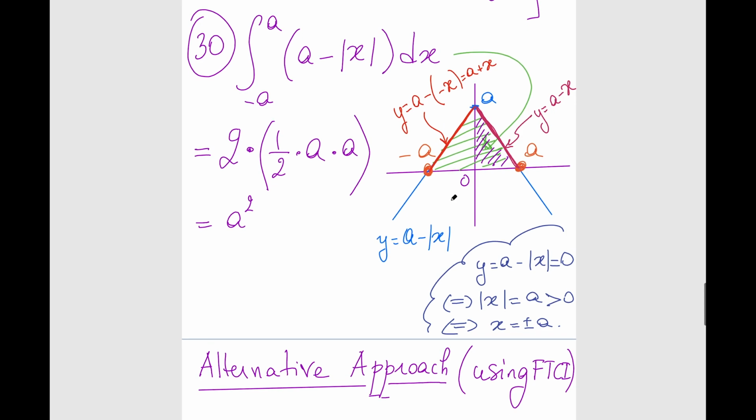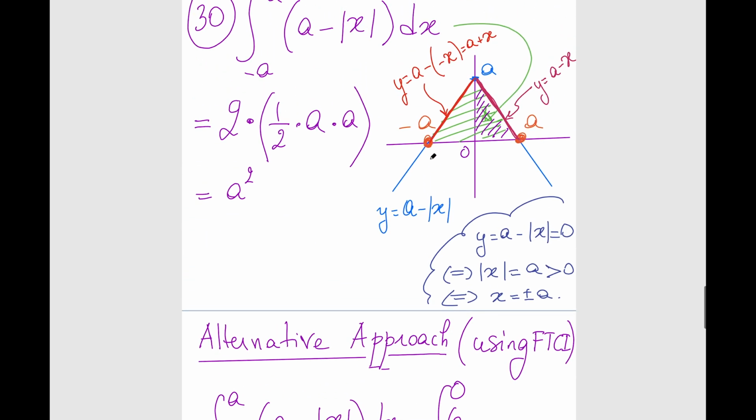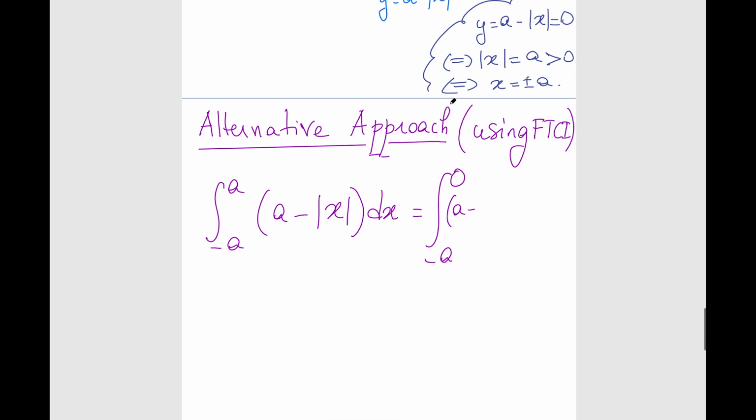Okay? All right, so as I promised, we're going to split the integral. We're going to go from minus a to 0 of a minus the absolute value of x, in this case, plus x, right? So plus x dx plus,